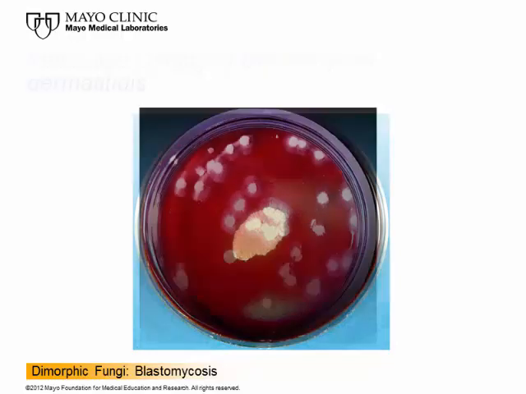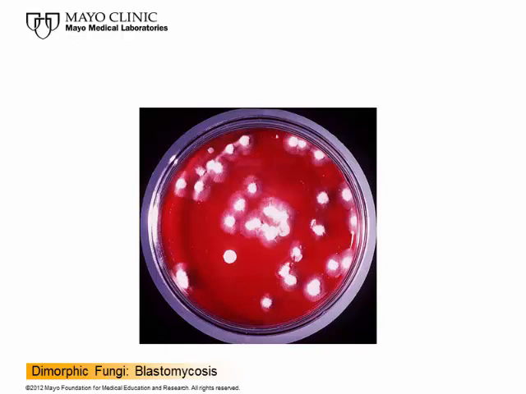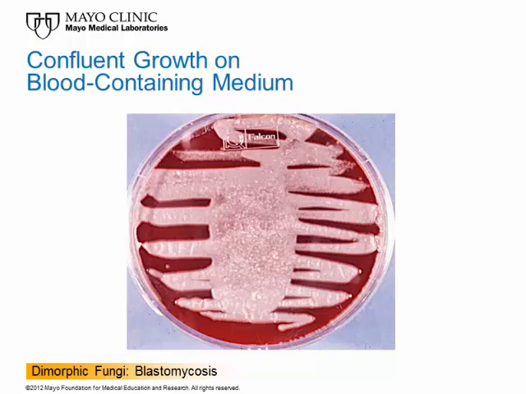This slide shows you an example of what Blastomyces might look like growing on a blood-containing medium. All the colonies are Blastomyces except the one at about 8 o'clock towards the center, where you can see it has a very smooth circumference and it's not fuzzy around the edge like you see with the rest of them. This is an example of Blastomyces present in an amount that you can hardly conceive in